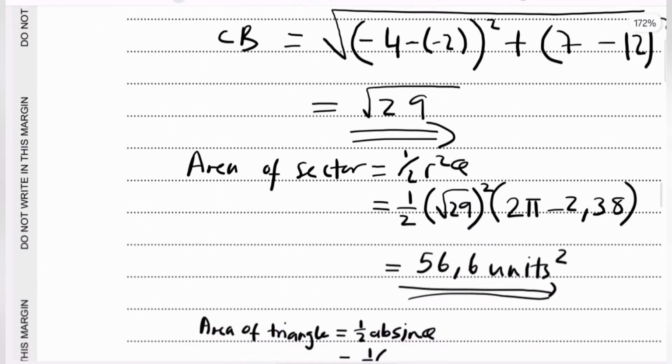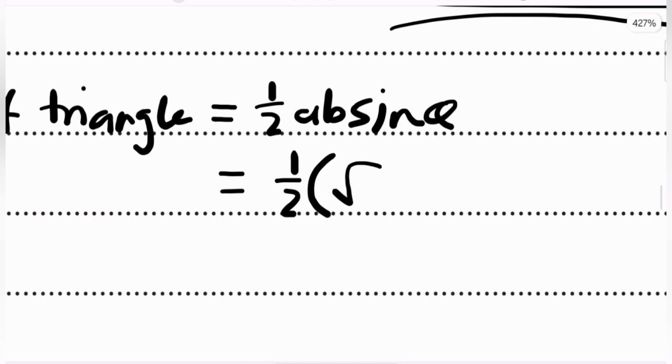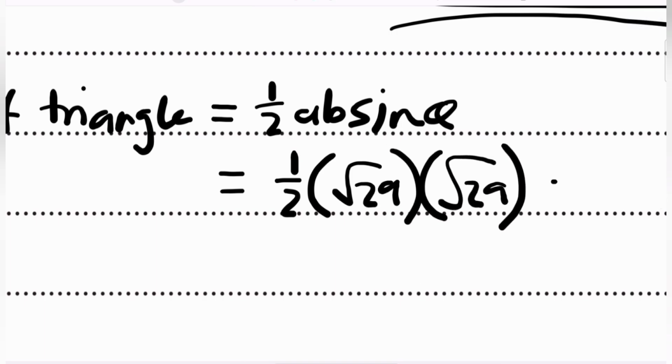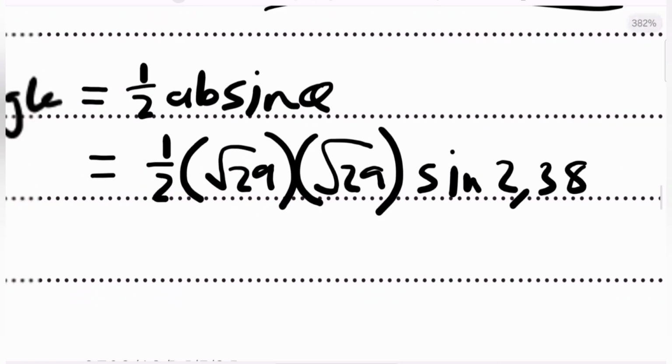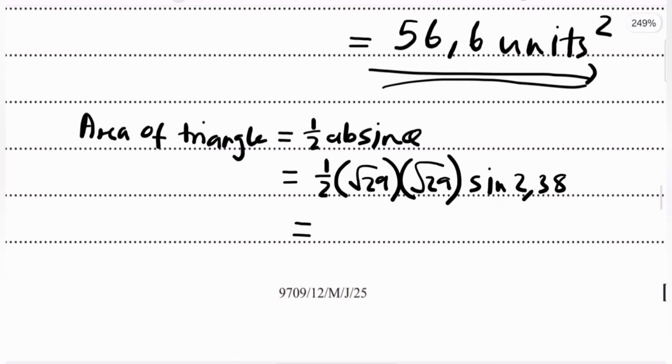So A times B, that's root 29 times root 29, sine 2.38, right? So it's half 29 times sine 2.38. That gives us 10.00